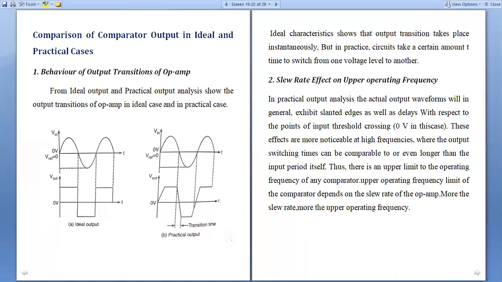See the second comparison. The second comparison is the effect of slew rate on upper operating frequency. That means in a practical output analysis,